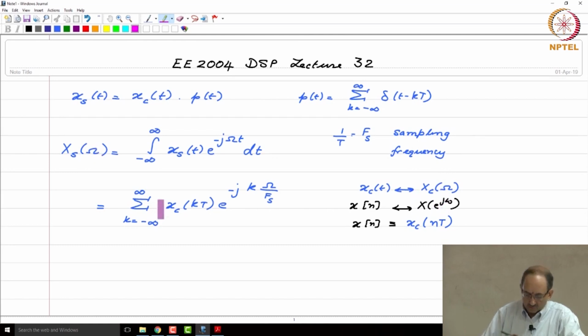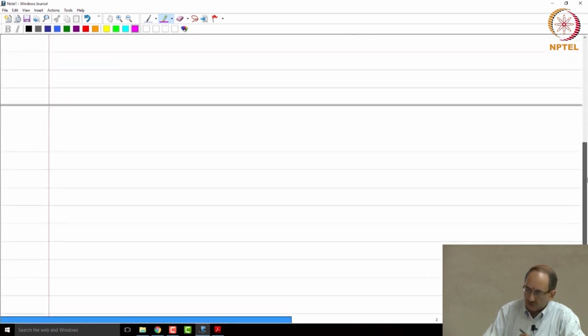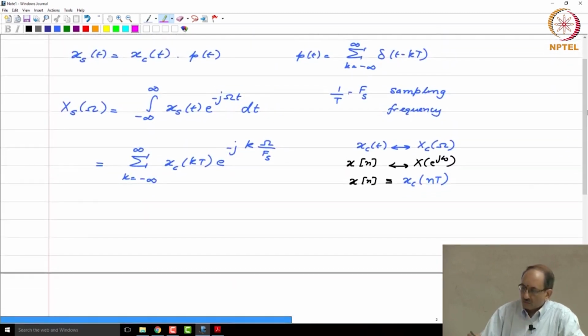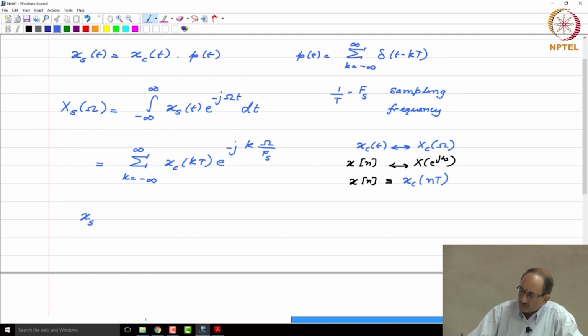So, we have come this far, but as you can see from this expression, on the right hand side you have xc of kt. So, we do not have anything that relates or that brings in xc of omega. So, for this we will look at exactly the same spectrum, but from a slightly different viewpoint, and the viewpoint we are going to look at is this. So, we have xs of t, and this as before is xc of t times p of t, which is the impulse train,